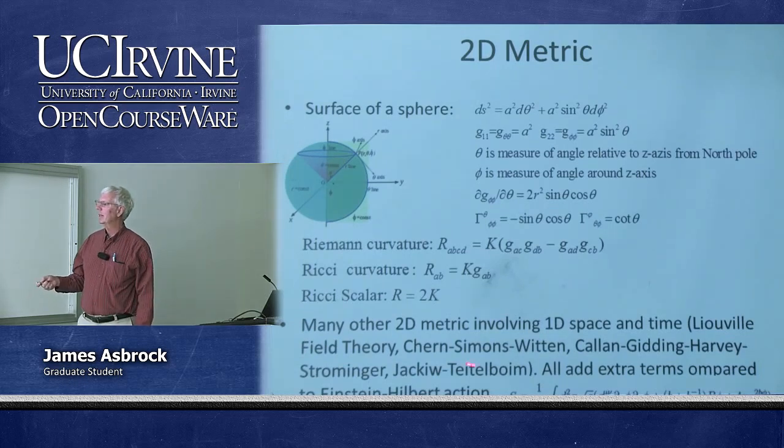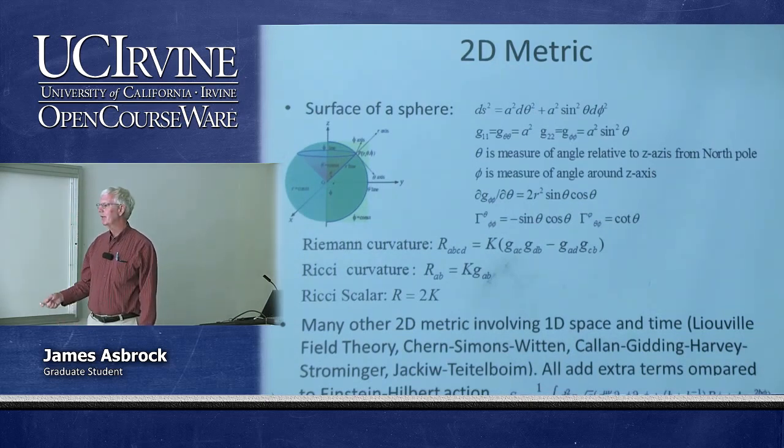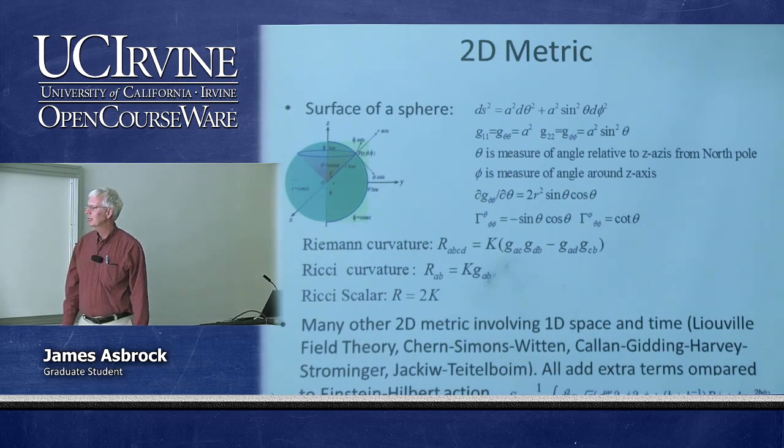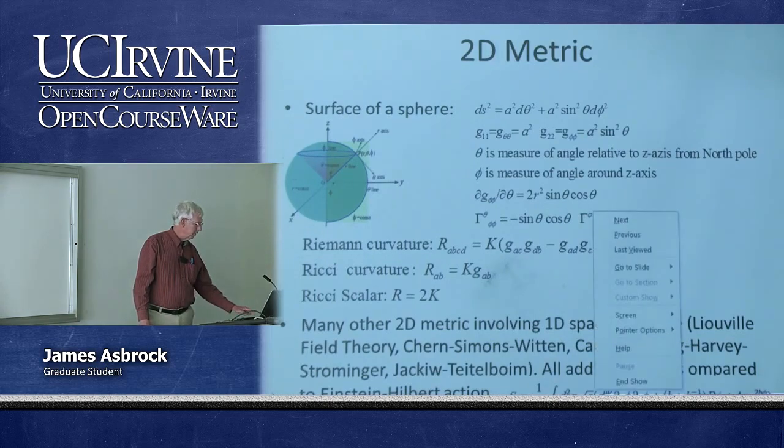And I didn't know, but this is the 1+1 metric of space-time, and there's a whole bunch of references I found where people have come up with different things. However, they all add terms compared to the Einstein-Hilbert action, because as mentioned before, if it's just the Einstein-Hilbert action, then G is 0. So you have to add something to it, and this is just one example. All these papers have different actions, but they have to add something to the Einstein equation, or otherwise the solution is 0.